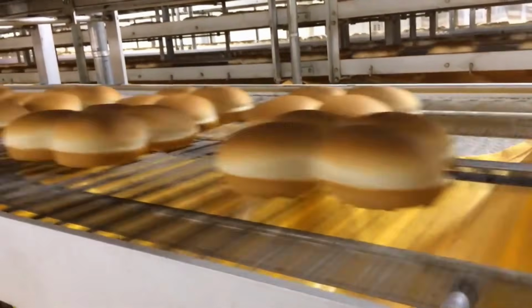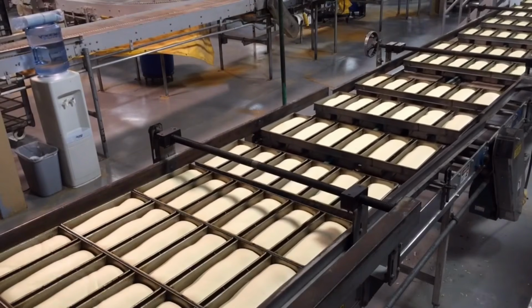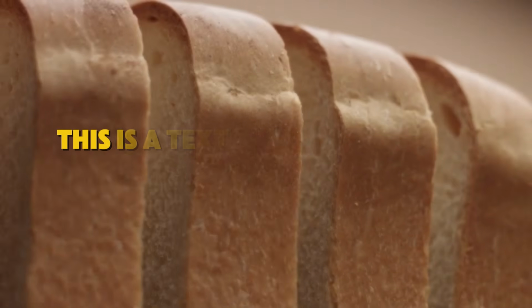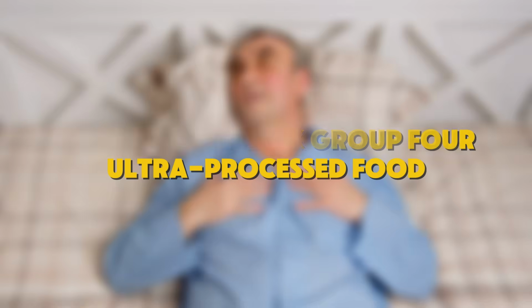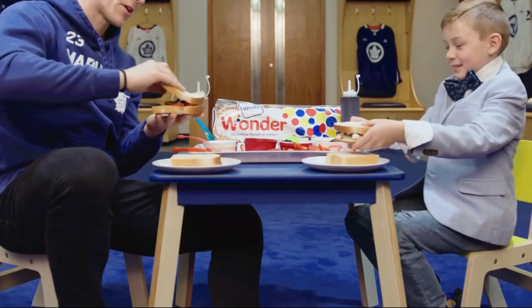By the NOVA classification system, the framework researchers at the University of São Paulo developed to categorize foods by degree of processing. This is a textbook Group 4 ultra-processed food. Wonder is owned by Flowers Foods, a publicly traded company based in Thomasville, Georgia, with about $5.3 billion in annual